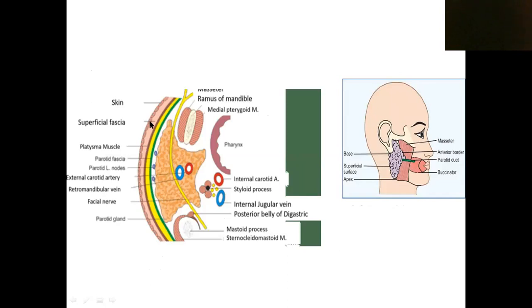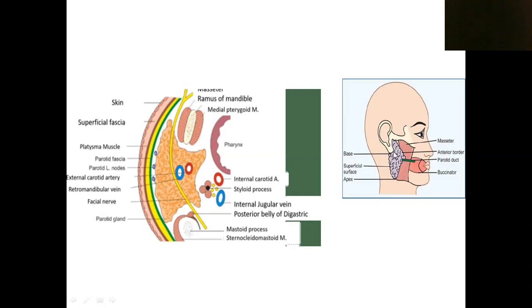Now here in this image, this is the skin. This will be the superficial surface. Here this is the anterior border, this is the posterior border, and this is the medial border. See, this one is the medial border, this is the anteromedial surface, and this one is the posteromedial surface. Now see the surfaces. In this image, this is the superficial surface. We took this transverse section, so the superficial surface is seen as a simple line.